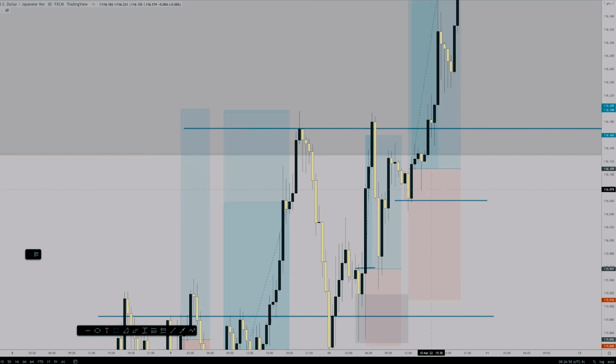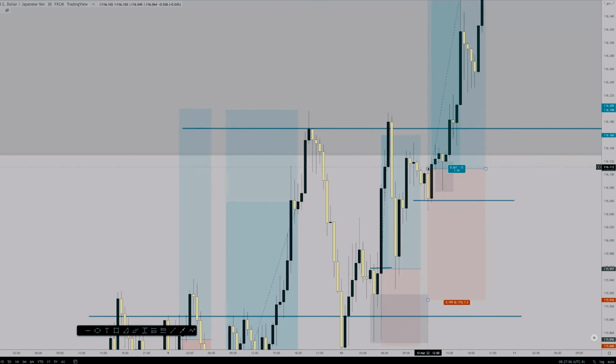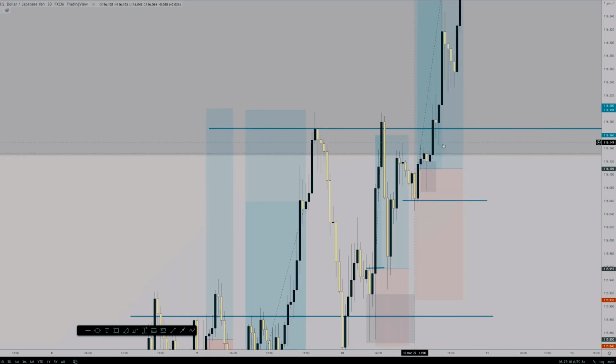This is called a pin bar or an inverted hammer. It depends what you want to call it, or a hammer candle, but I'm calling this a pin bar. This essentially signals to buyers that we're going up. This is a strong indication of bullish momentum most of the time, depending where it is. You can see a similar candle right here, but it didn't work out because of the context of where